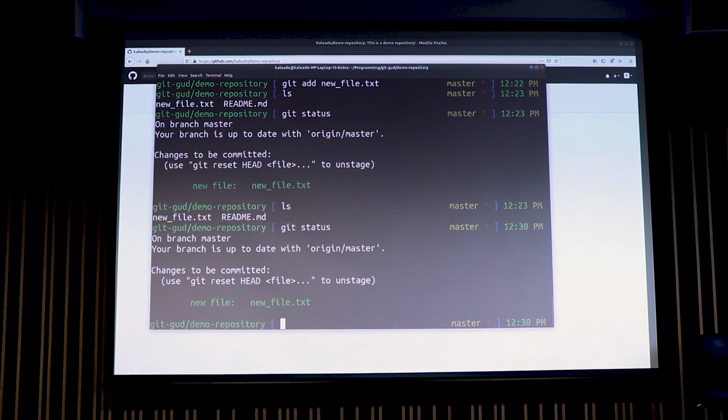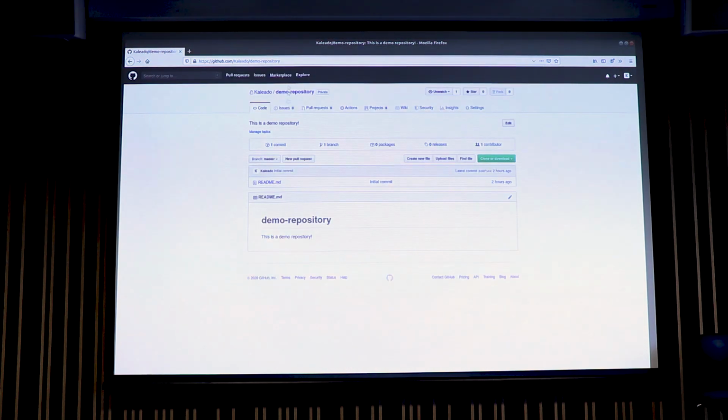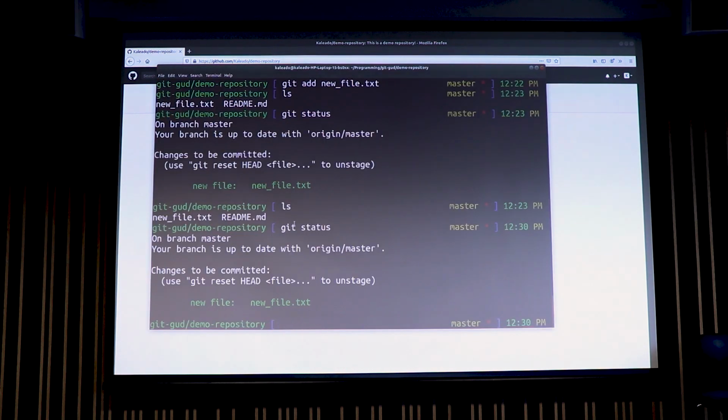So in our case, origin is going to be this repository here on GitHub, and I've cloned that repository to my own laptop. So at the moment, my branch is up to date with origin/master, and I have some changes that I've put into the index. So what I'm going to do is git commit -m. I'm going to say, I made a new file,